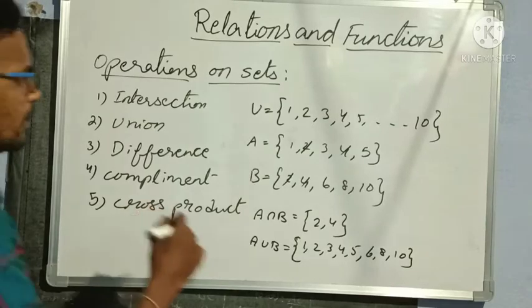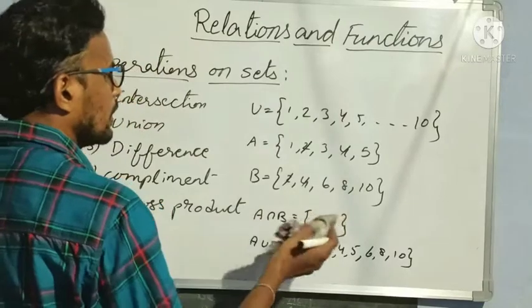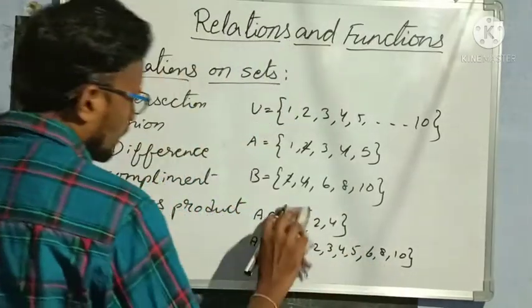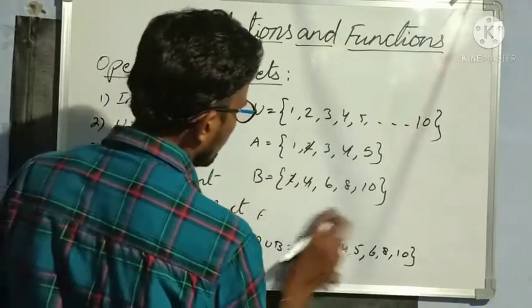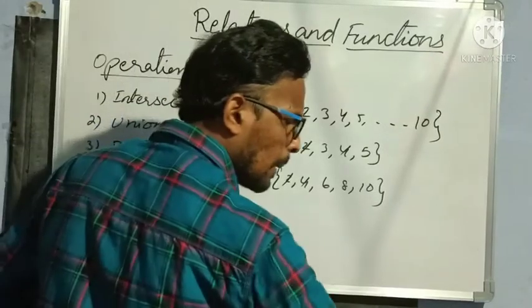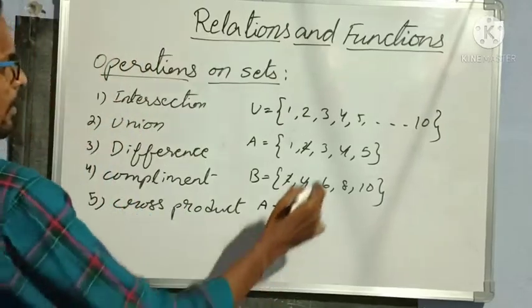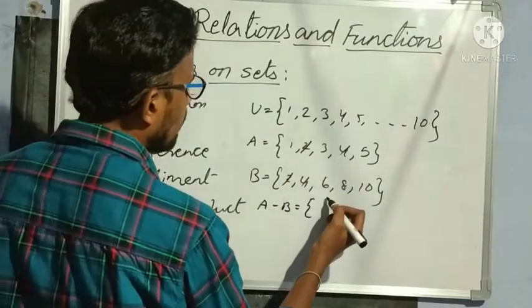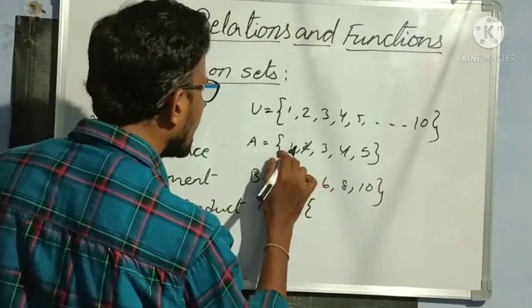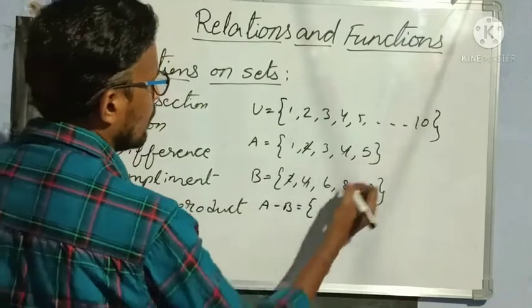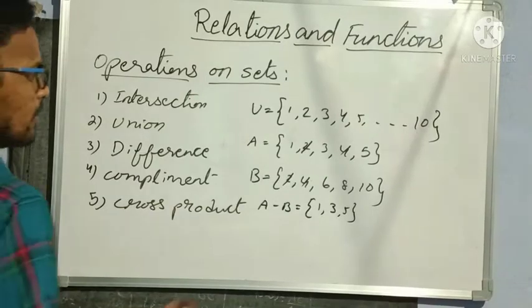Next difference. Difference means A minus B or B minus A. For A intersection B and B intersection A, there also we can write however we want. Here also A union B and B union A, both are the same. But let us see difference. A minus B. So how to do A minus B? Subtract set B from set A, means the common elements you have to take back, means strike off, and the remaining elements of A we should write for A minus B. So what are the remaining elements in A here? 1, 3, 5.